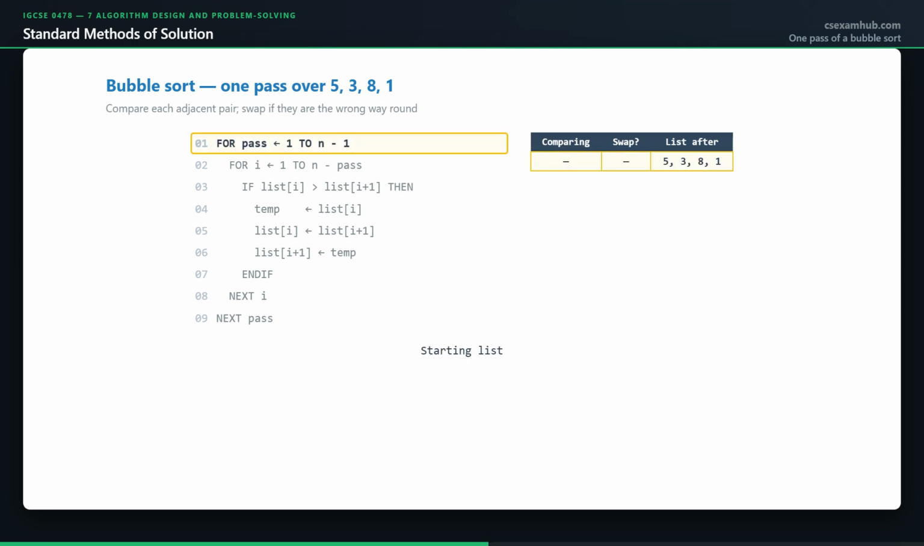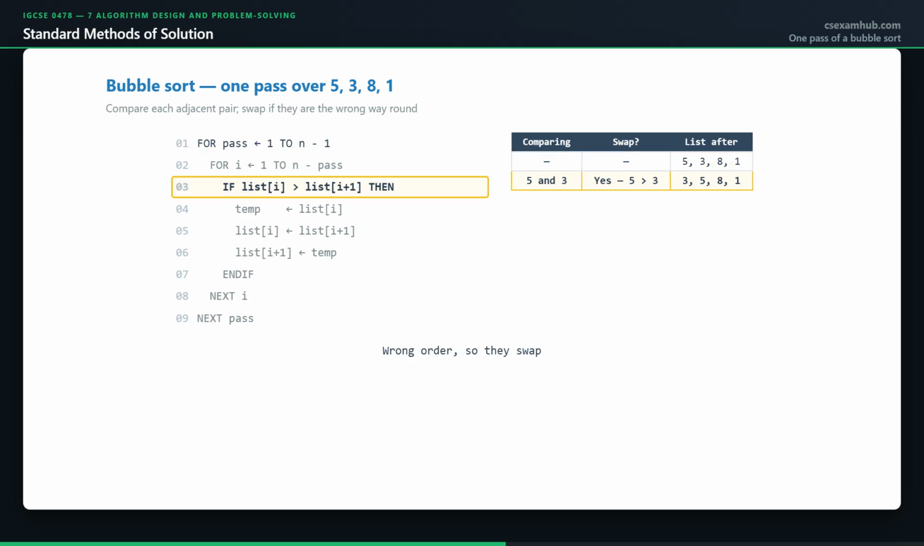The list is 5, 3, 8, 1. The algorithm compares each adjacent pair in turn and swaps them if they are in the wrong order. First comparison, 5 and 3. 5 is greater than 3, so they are in the wrong order. Swap. The list is now